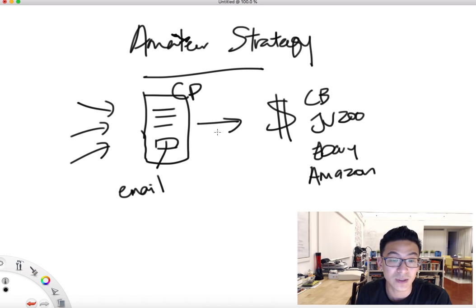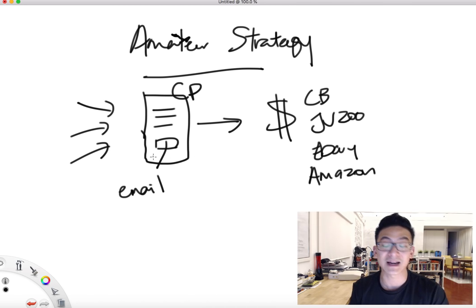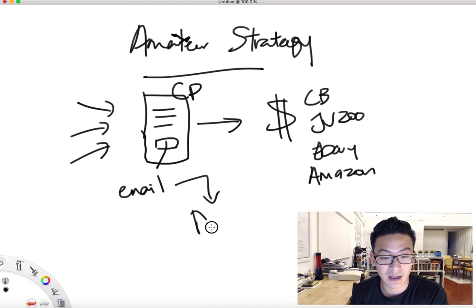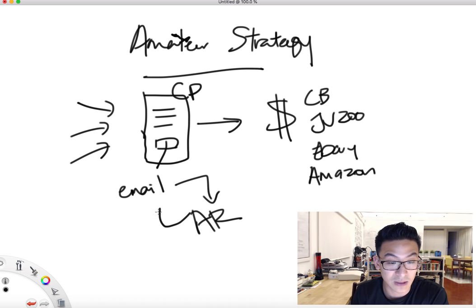Now, if you do it this way, it's better than the first way, but the problem is that everyone's doing it this way, right? So all you're doing is you're capturing someone's information, and then it goes into someone's autoresponder, and then you can follow up with these people over and over and over again, right? With your email list. So you basically create a loop here, right? So you're following them,